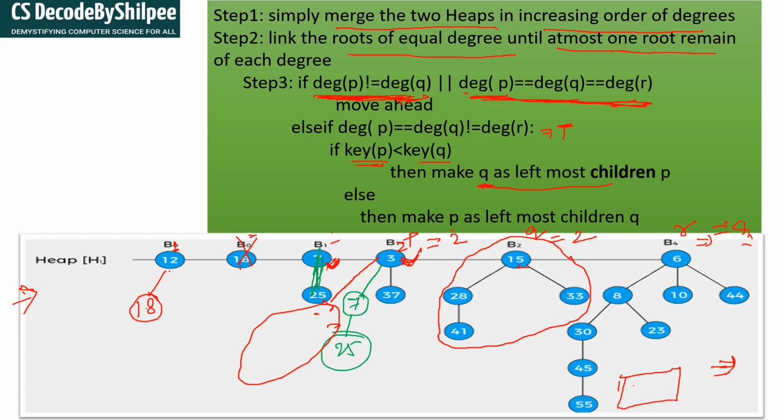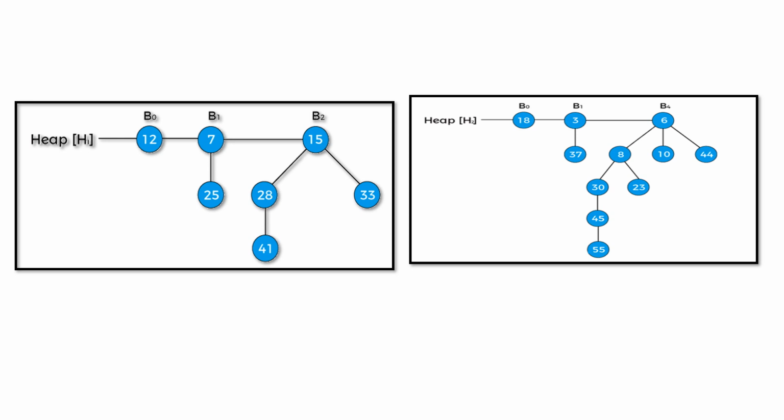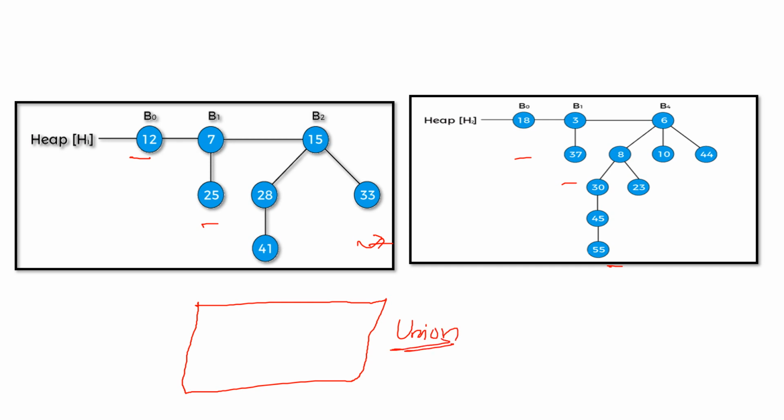Right? Now I am going to explain the time complexity of the binomial heap union operation. Here I have given two binomial heaps H1 and H2, and after performing the union, we were adding all these trees. This is also one tree, this is also one tree, and so on. In union we were adding all these binomial trees. Suppose this binomial heap has N1 nodes, and this binomial heap has N2 nodes.